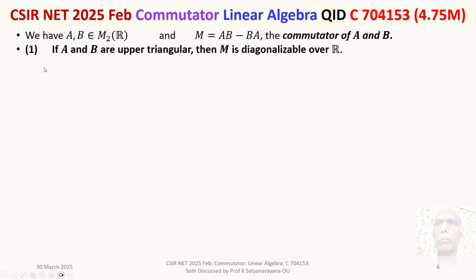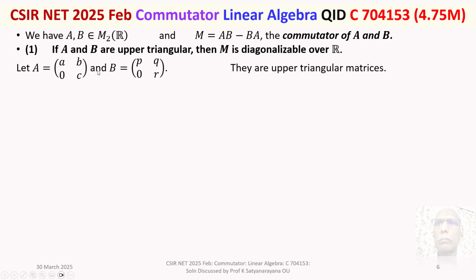We come back to option 1. If A and B are upper triangular matrices, then M, their commutator, is diagonalizable over R. Now, let A is equal to [a b; 0 c], B is equal to [p q; 0 r]. Both of them are upper triangular matrices. First, we prove that the product of any two upper triangular matrices is again an upper triangular matrix. Then M is equal to